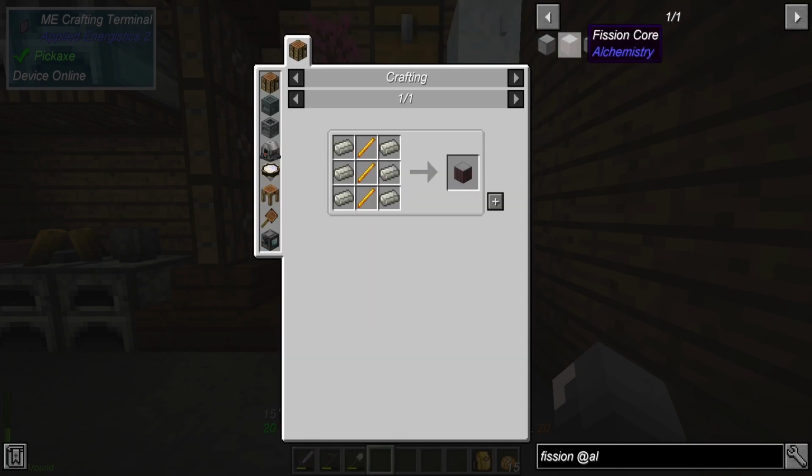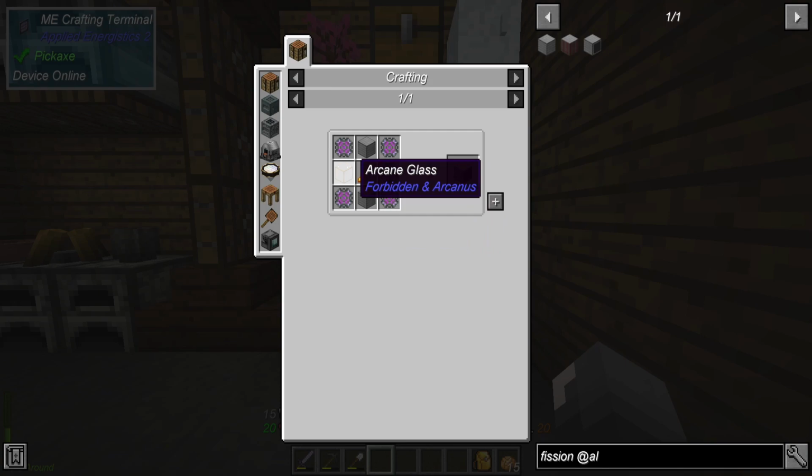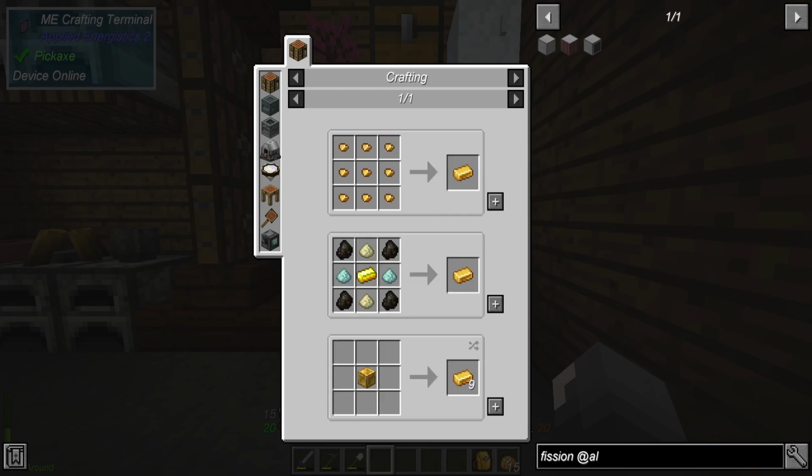The fission, let's start with the fission controller. It's kind of easy. It just requires the fission casings, the atomic alloys, blaze rods, and an arcane glass. The arcane glass is easy in itself. It just requires glass and an arcane gold ingot, but we don't actually have one of those. You can either make arcane gold nuggets, which is not possible unless you have the ingot, or you can make it using mondabitir dust. I'm just going to say it, mondabitir,